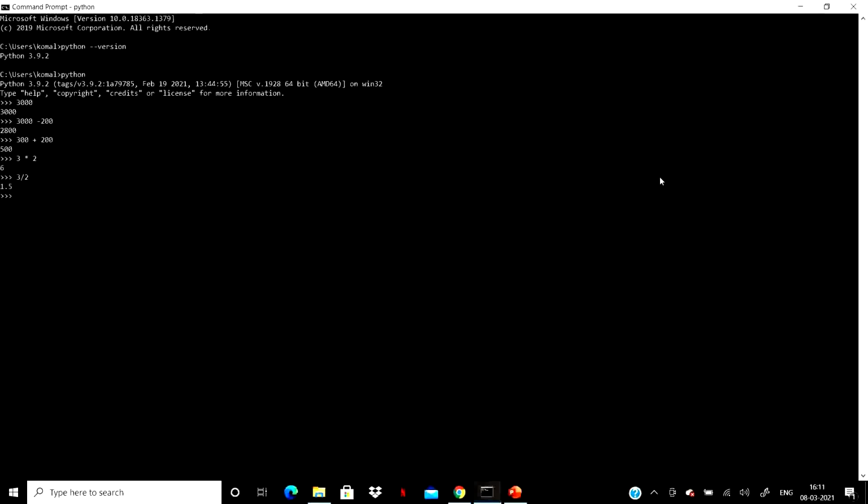Then there are other operators such as modulus, which gives us the remainder of the division of 2 numbers. Floor division gives us the quotient without any values after the decimals, so it gives a quotient value in whole numbers. And lastly, there is the exponential operation, where we calculate the value of 3 raised to the power of 4. This is basically multiplying 3 four times, which gives us the same result as before.